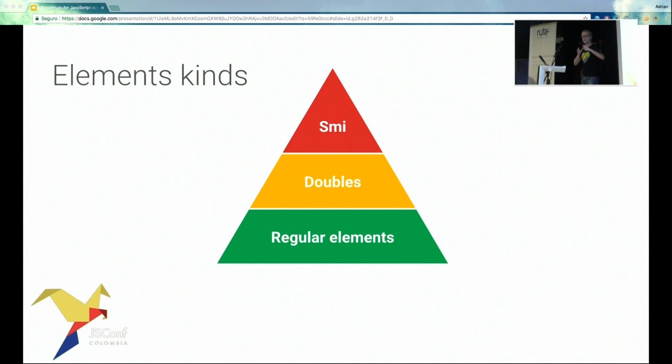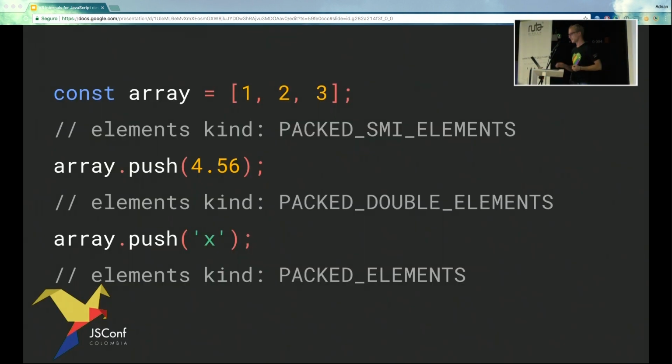You can go from specific types at the top, like SMI, to more general types, like packed elements at the bottom. Once we reach packed elements, we cannot go back up to packed double elements, for example. That's just the way the system works in V8. Now, going back to that array that we had before,